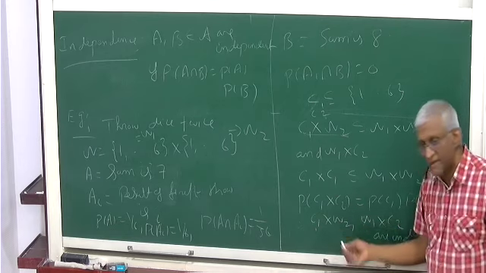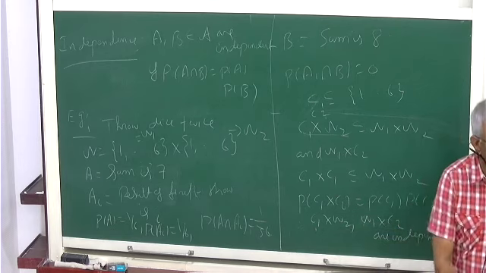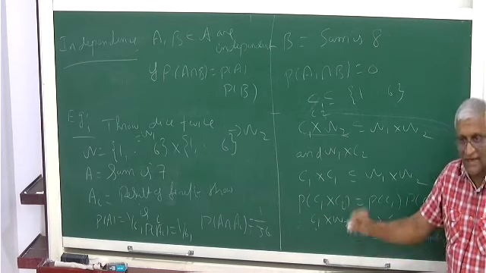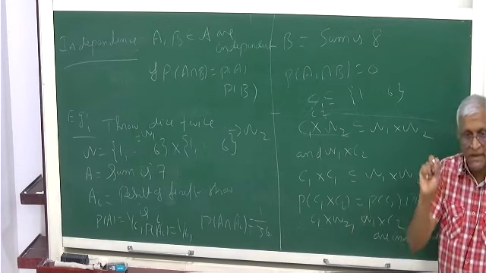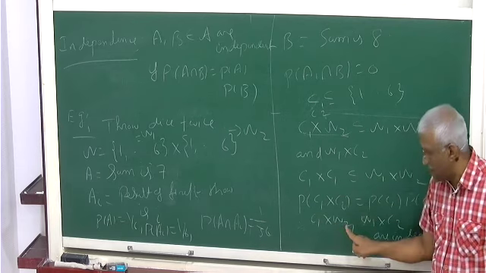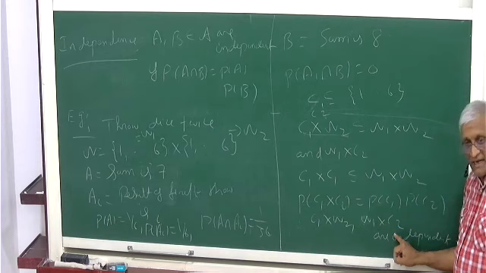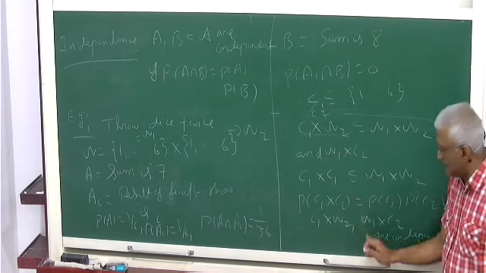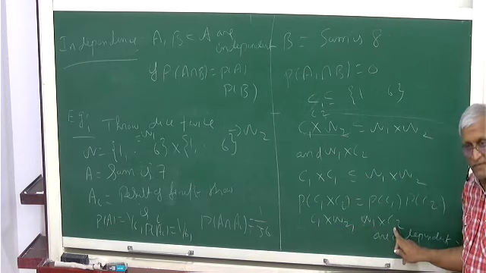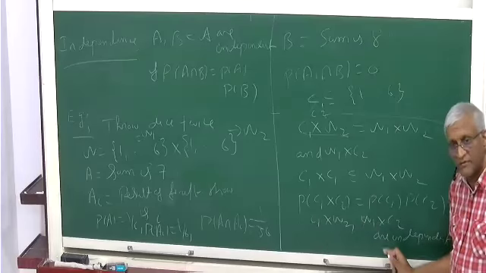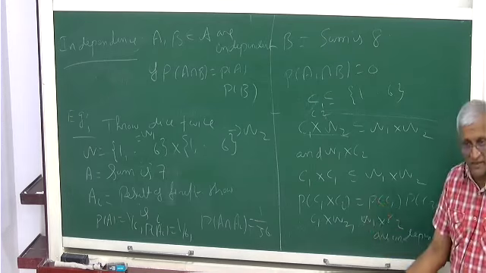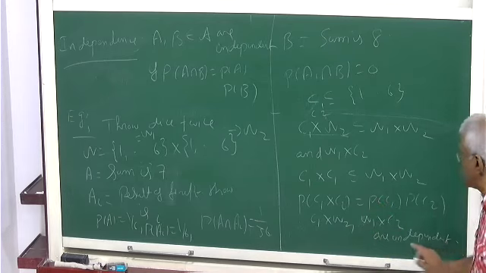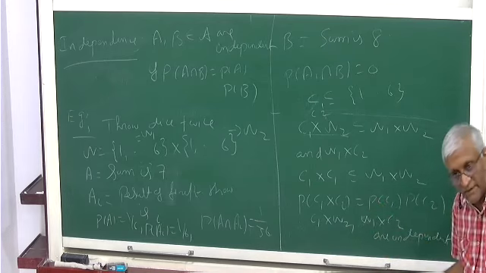You should verify this. If you are not convinced, you should sit and verify this. C1 cross omega 2 is all those tuples (x, y) where x is in C1 and y is in omega 2, anything. Similarly here. Then in their intersection, x will come from here, y will come from here. That is exactly C1 cross C2. If you write it, it will be clear that this intersection is C1 cross C2. So that probability is probability of C1 times probability of C2.